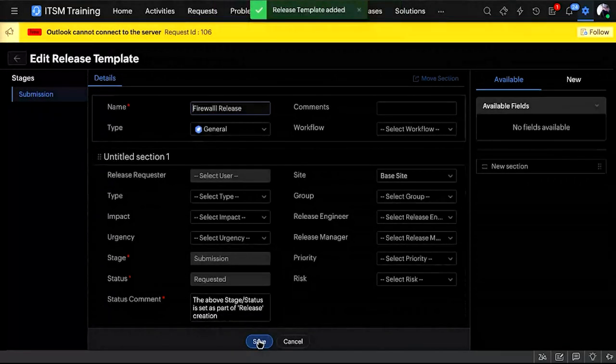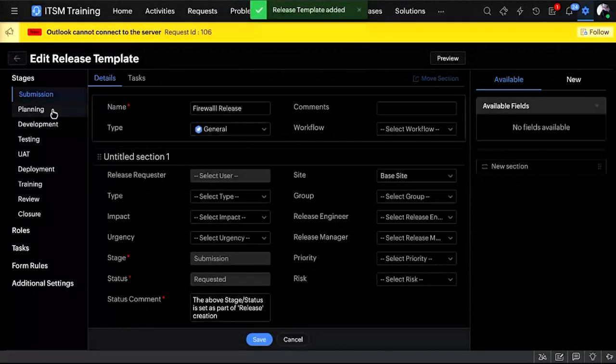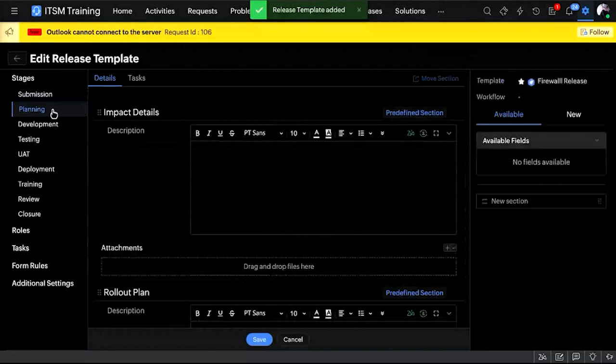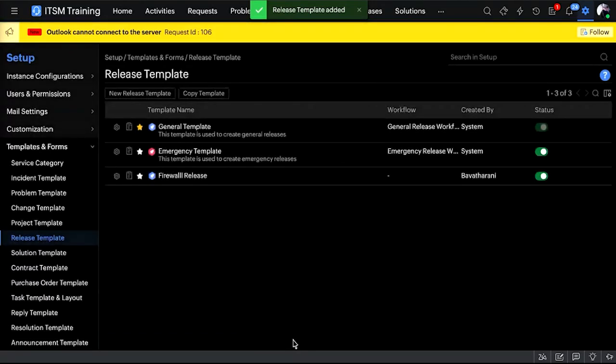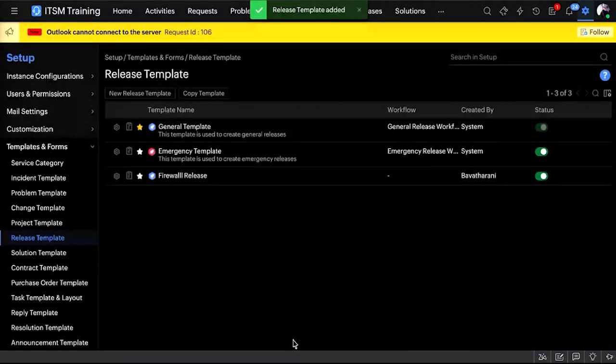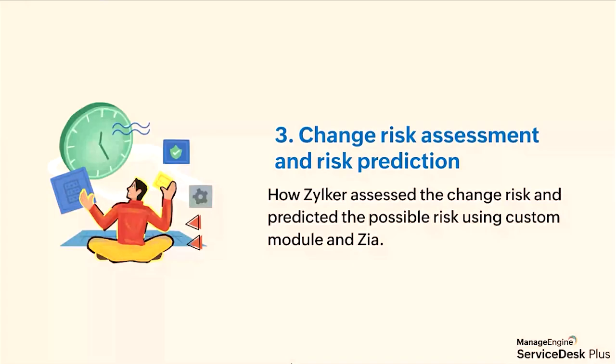Okay, so once I save this, all other stages will appear in the left hand panel. You will be able to add multiple fields and completely customize the template as per your requirement. So these templates aren't just generic. We can create a purpose built template for every key process. Now, as we have discussed the template, let's move on to the next stage, which is change risk assessment